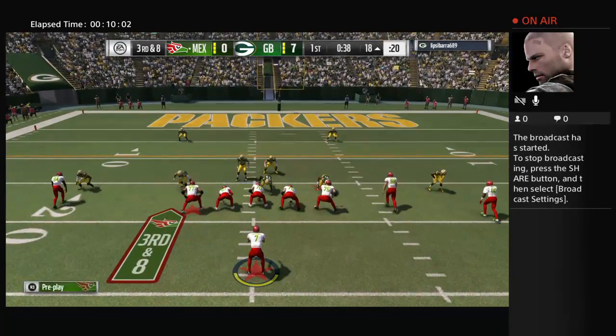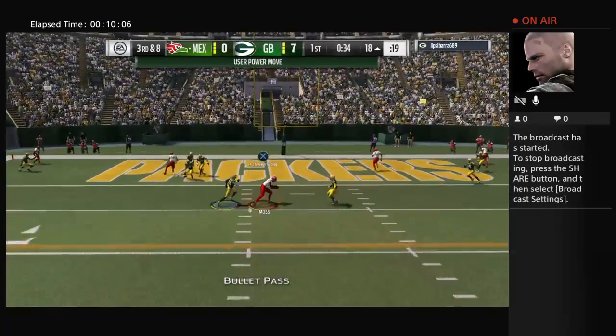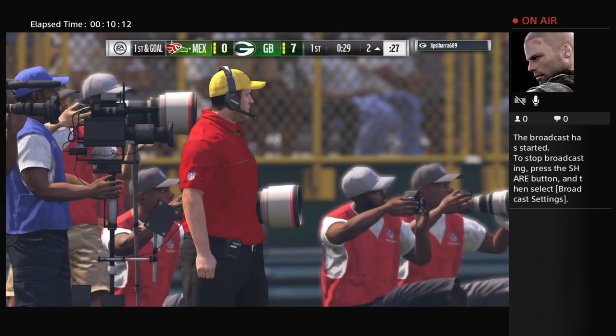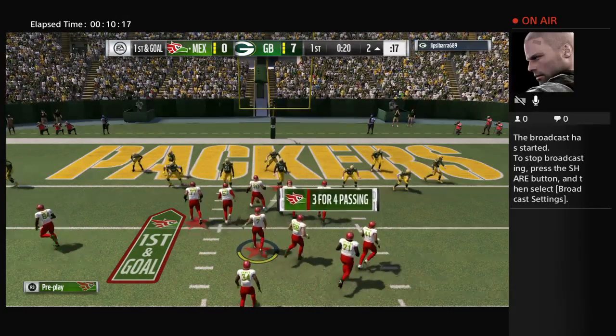And on 3rd and 8, defensively, they're going to beef up the secondary. 6 defensive backs. That is caught inside the 5. That one goes for 16 yards. It sets him up 1st and goal. And here comes play number 6 on this drive. And fits the exact right